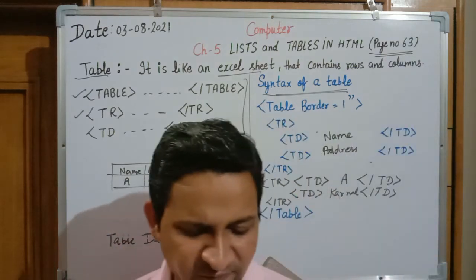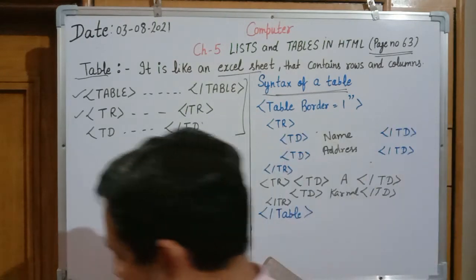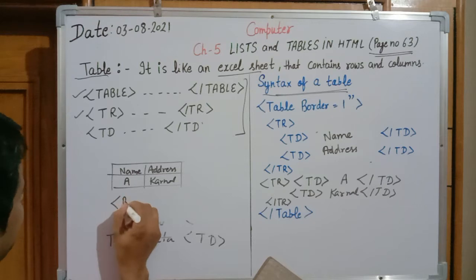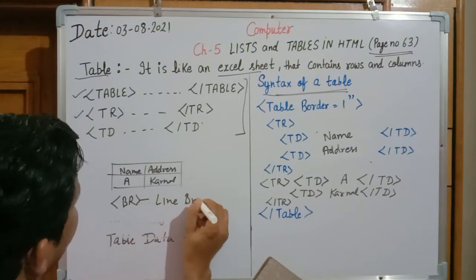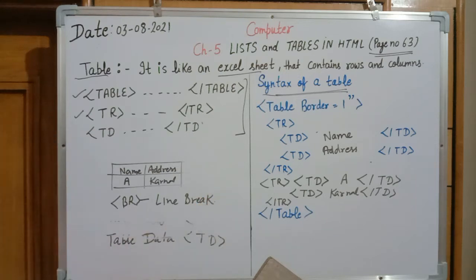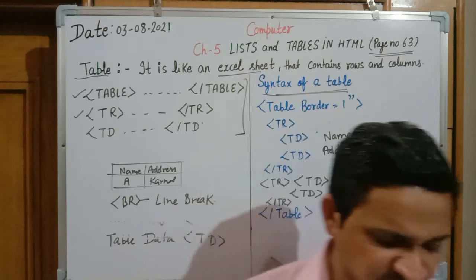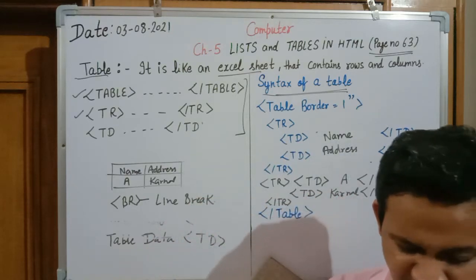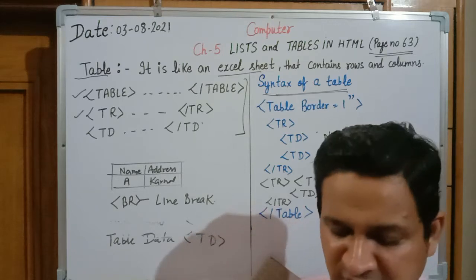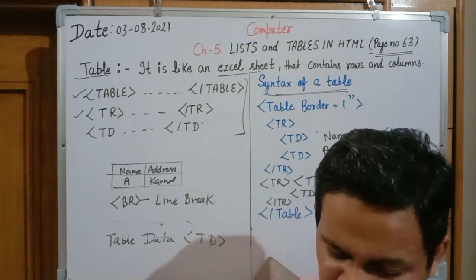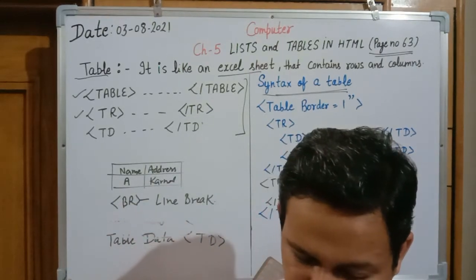After completion of the line, we will move to the next line because BR is given. What is the meaning of BR? BR means line break. It will break the line and bring the cursor to the next position. Now, as per the table, we have to create the total number of rows, that is 4. TR first row is created, TR second row is created, TR third row is created, and TR fourth row is created. In the first row we have given TD name, TD marks, TD result, and after that TR close.